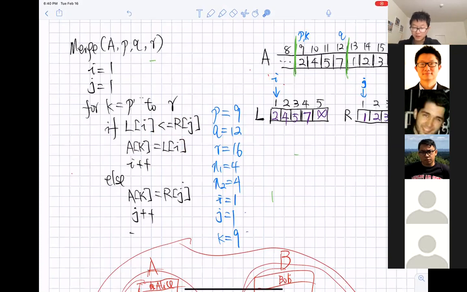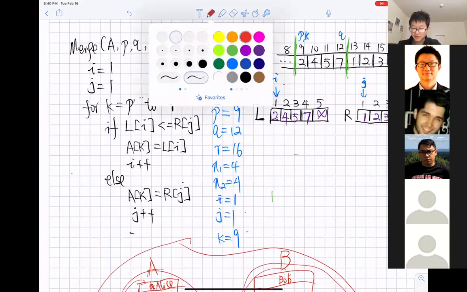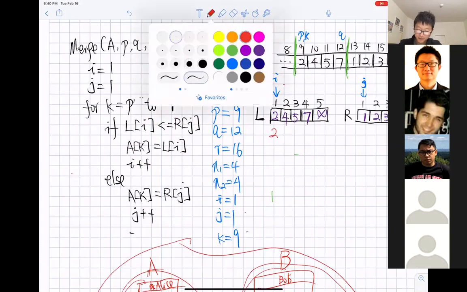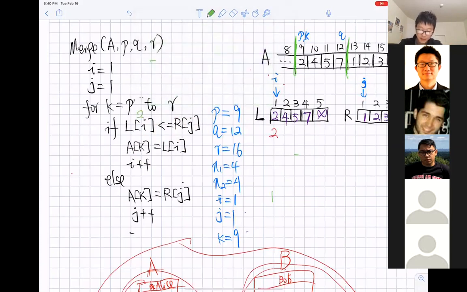However, in our example, we have Li as 2, and we have Rj as 1. So the right smallest is smaller. So then this is going to be false, right? Yes. So we go to the else.